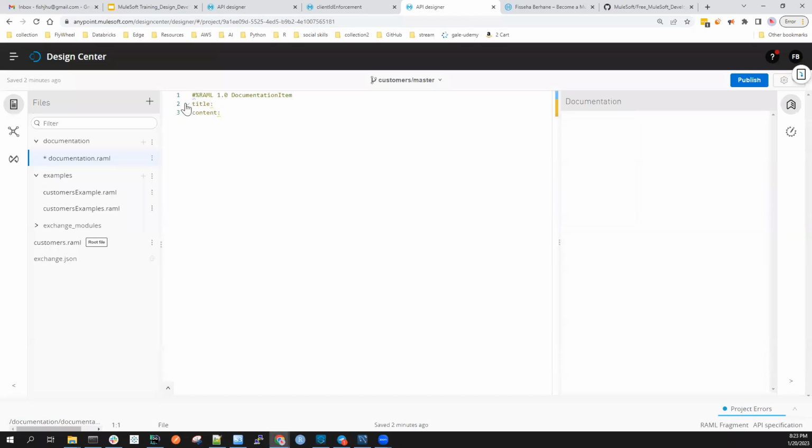And we say documentation, it has mandatory keys, the title and content. So the title is a short title, whereas the content is any human readable content that helps your readers to understand what the goal of your API is, what business problem it is solving, and so on. So this one, for example, customers API,